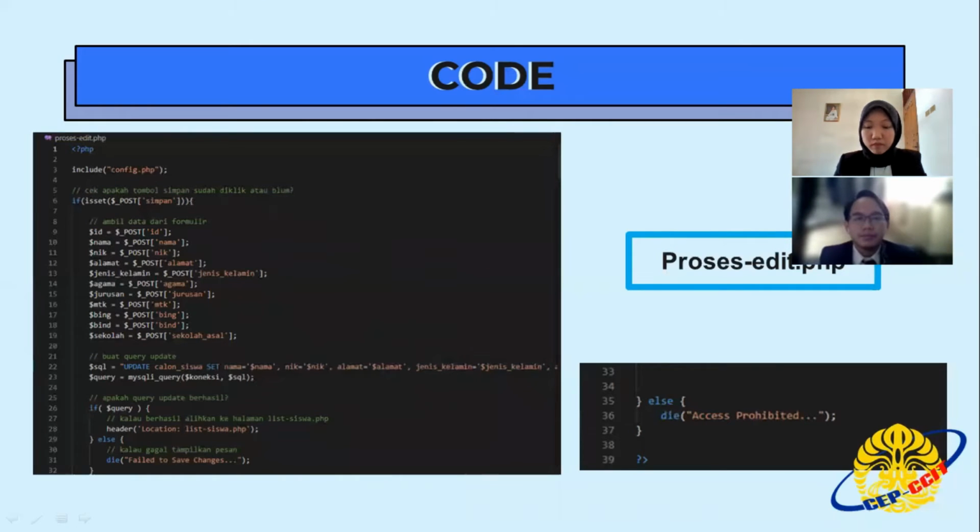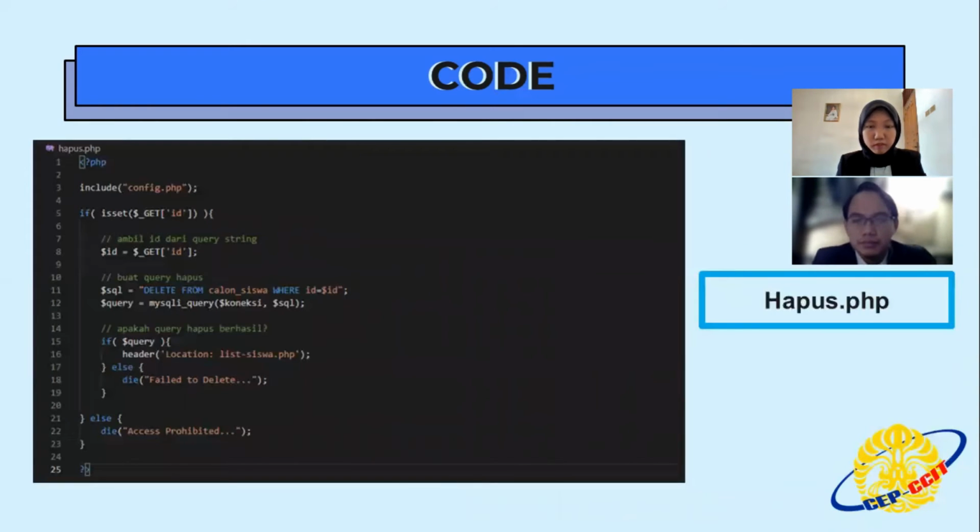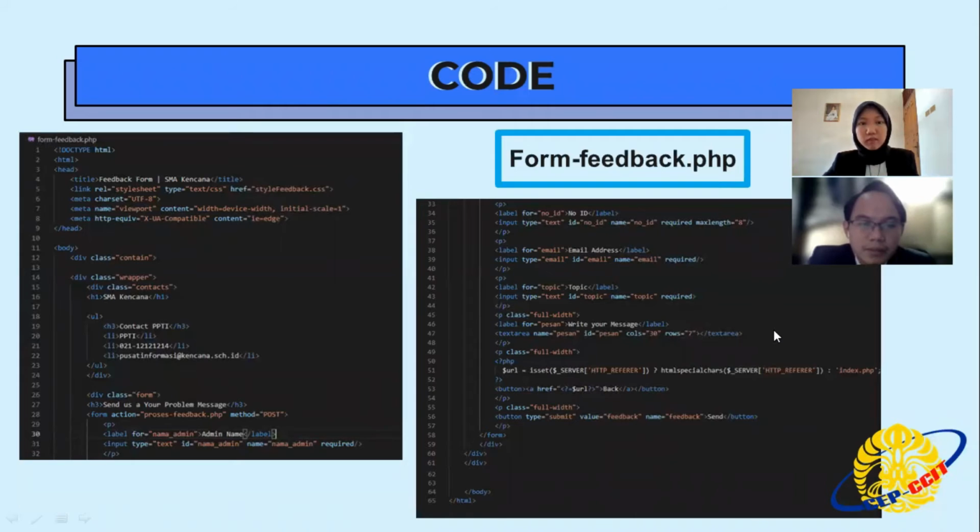Okay, next. Next, delete.php is the action of href delete, which is in lisiswa.php, which contains a query to delete. Okay, next, feedback contains source code to query the database with action process feedback.php.